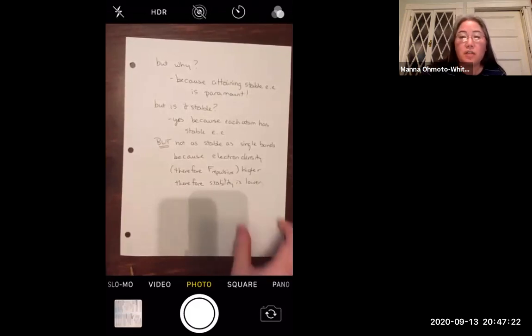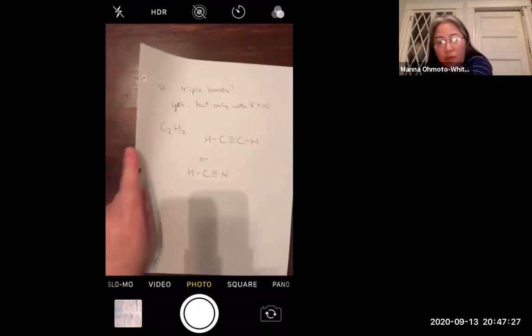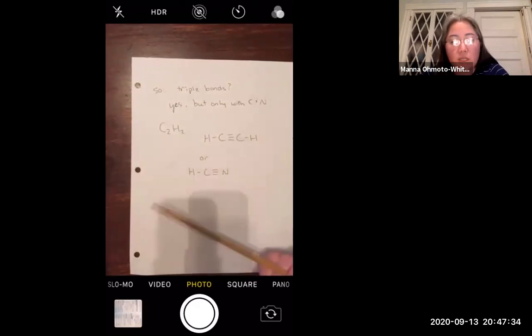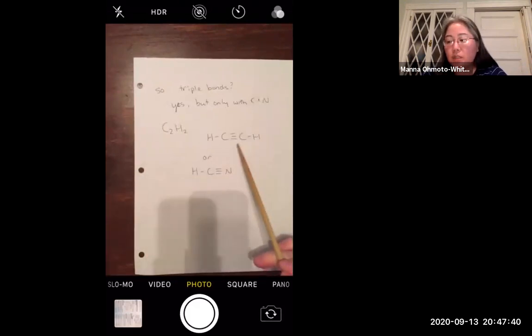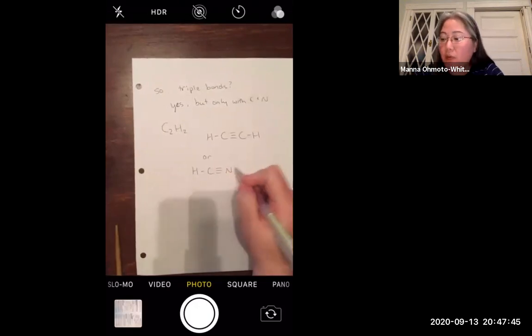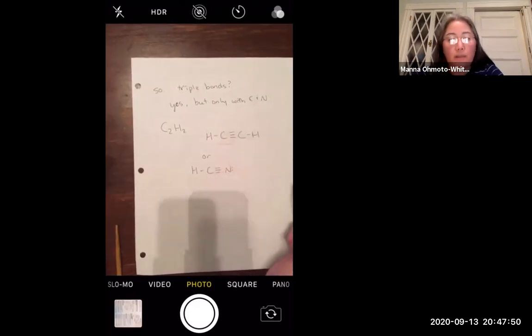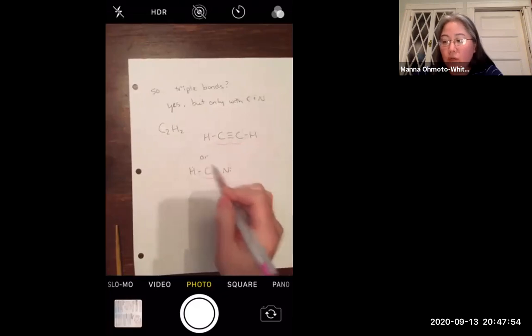So then the next logical question is, what about triple bonds? Are triple bonds possible? Absolutely. But they're only possible between carbon and carbon or carbon and nitrogen, and that's because of the number of bonds that you need to form. So you have this structure, and you can have longer carbon chains with triple and double bonds between them. But here's where you have this, and then this is the lone pair of nitrogen. So again, each carbon has 4 pairs of electrons, each hydrogen has 1, each carbon has 4, the nitrogen has